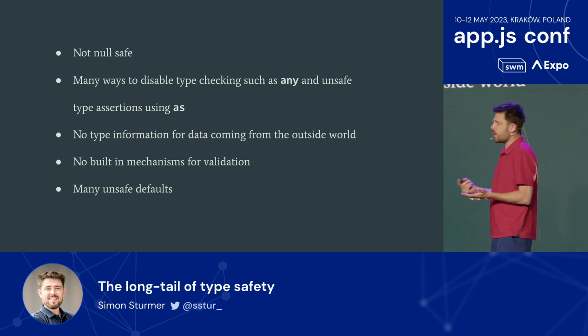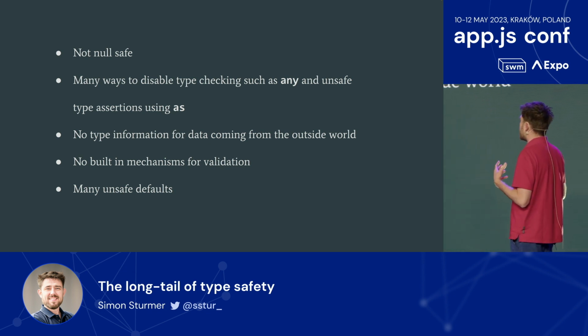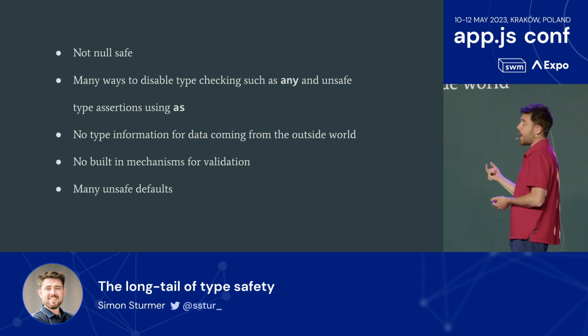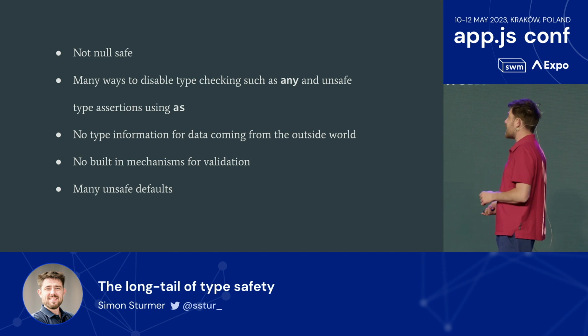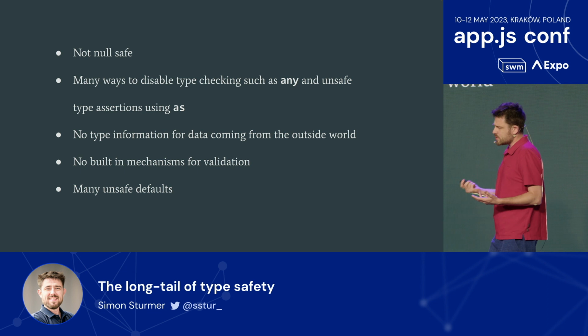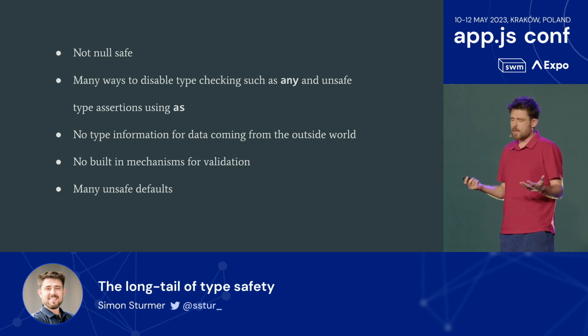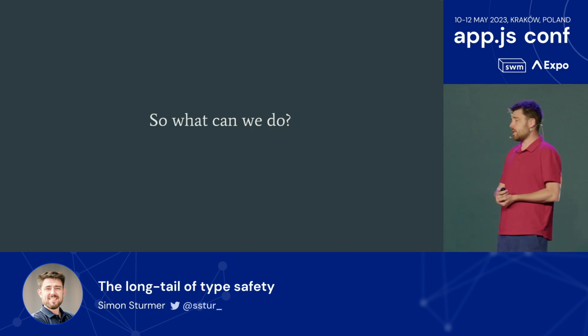There's a lot of, I call them escape hatches, but there's a lot of ways to do things that you shouldn't be doing, right? Type assertion is a good example, using the word as. And of course, as const is good, but every other type of as is not good, generally speaking. And there's no built-in mechanisms really for validating data that comes from outside of your code, data that TypeScript can't possibly know about because it doesn't exist at compile time.